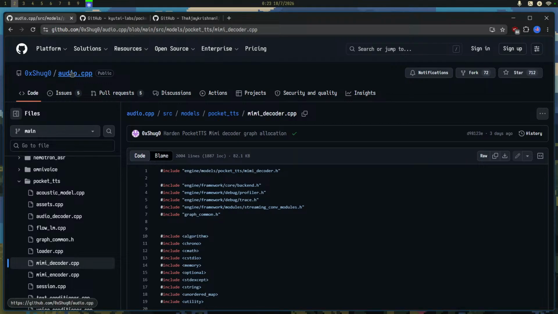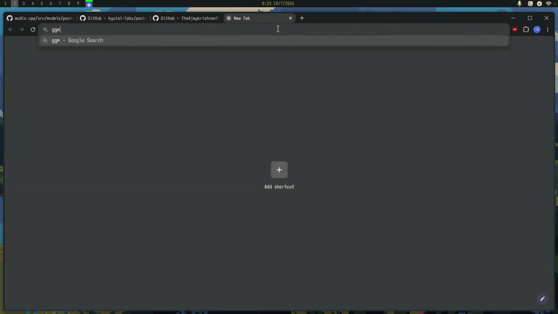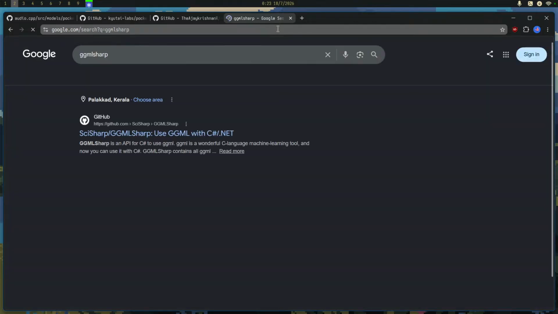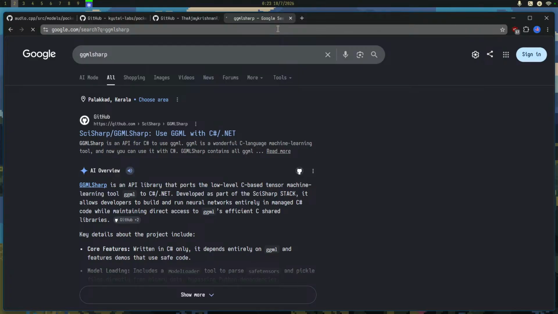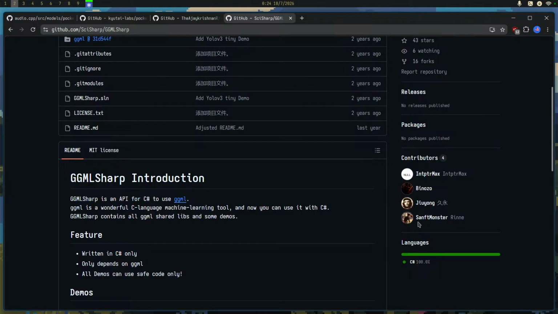And for CPU, they seem to be using GGML, right? As far as I know, there is a GGML wrapper in C#. By the way, GGML is this C library which exports a lot of its functions.